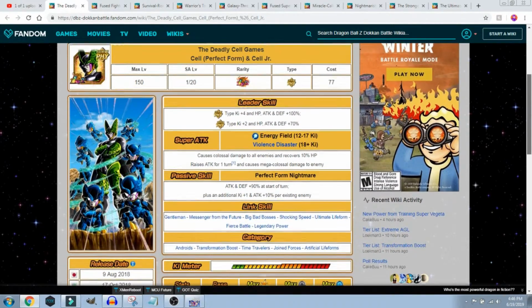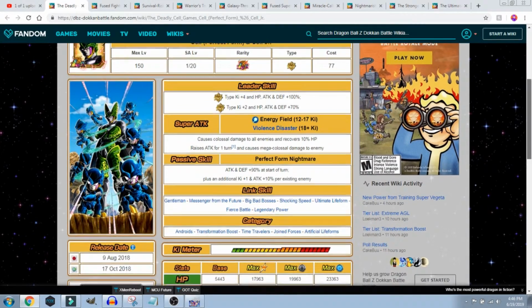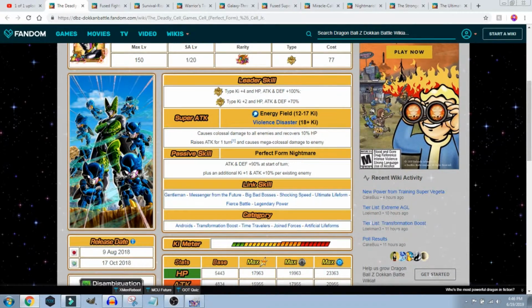LR Cell. Now, if you are thinking about Extreme Physical, there's a lot of good units. You have Dragon Ball Super Broly. You have Physical Final Form Cooler. You have Easy A Frieza, who's still good, even though LR Frieza's out. There's just a whole lot of options that you have there. But Cell, with his LR stats, attack and defense 90%, and he gets an additional 1 key and 10% attack